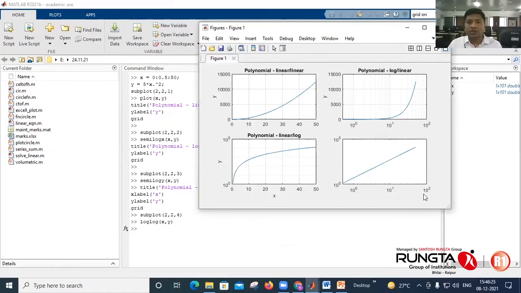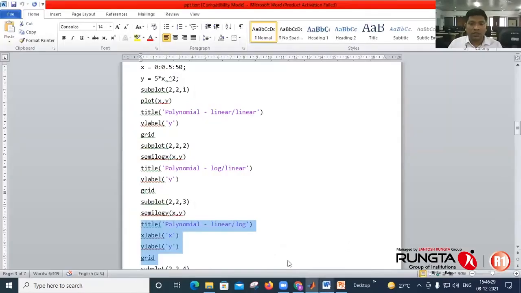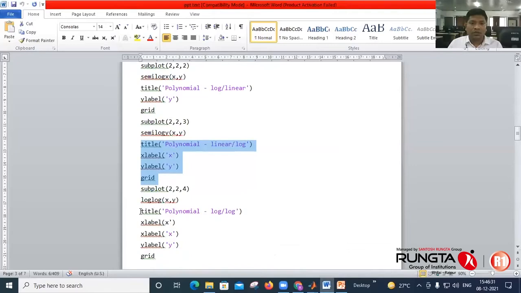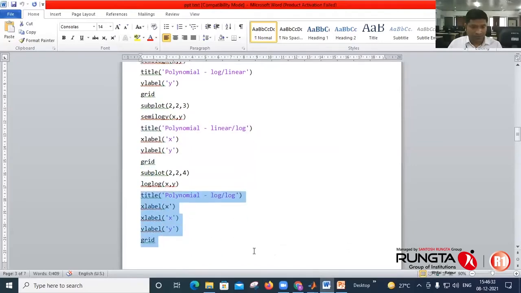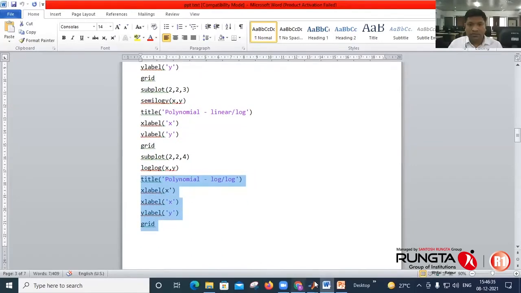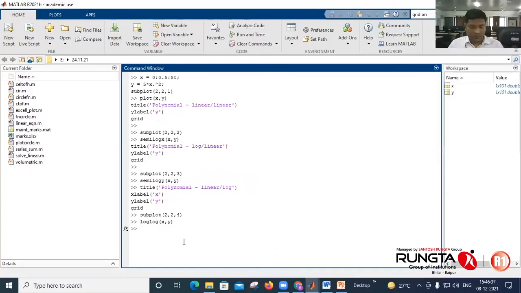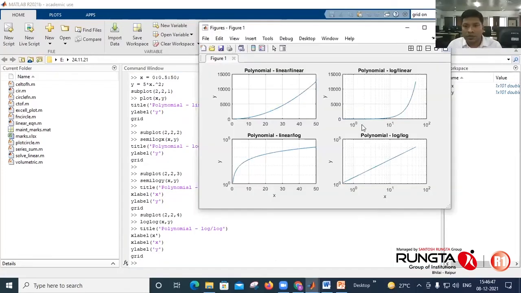On X there is log scale, on Y also there is a log scale. Okay, you can add the labels. Labels are also added there.